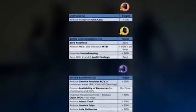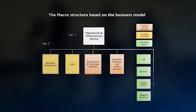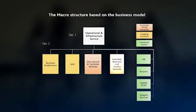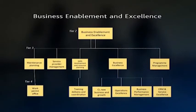medal for plus. We welcome Operational and Infrastructure Services winning team, the enabling functions, business enablement, and SHE, the customer-facing functions, operational and technical service, and essential business and facility services, and the functional support services, HR, finance, supply chain, and other support services. Racing for business enablement and excellence, we welcome